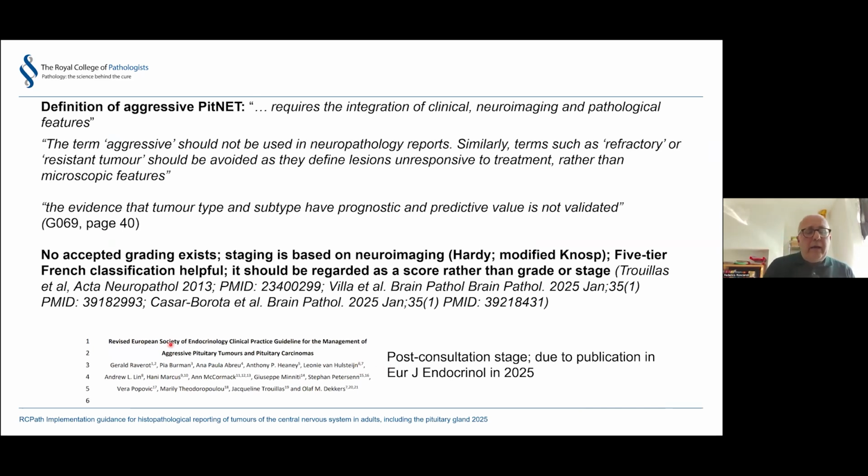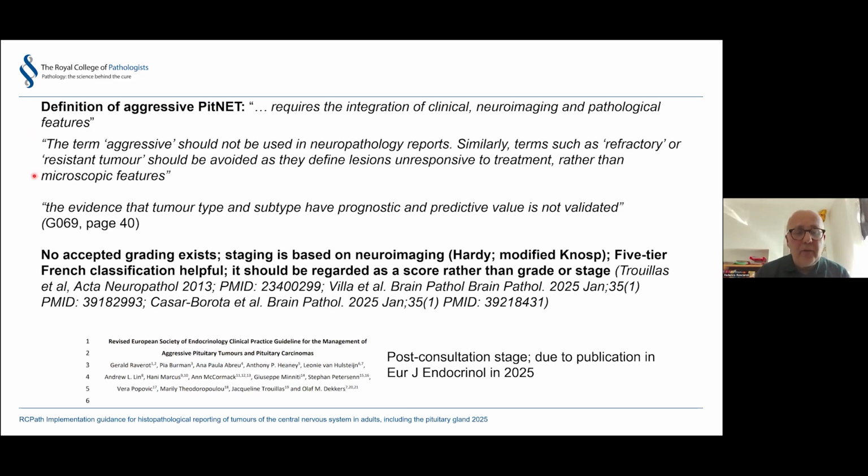One really key point of the recommendations, which is a frequent question in a clinical setting, is how we define an aggressive pituitary tumor. The key point is that we are not in a position as pathologists to say the tumor is aggressive. I would really advise against pushing the diagnosis too much, because that will put the patient in a radiotherapy or chemotherapy protocol, which is often unnecessary. The term aggressive will be further clarified by the European Society.